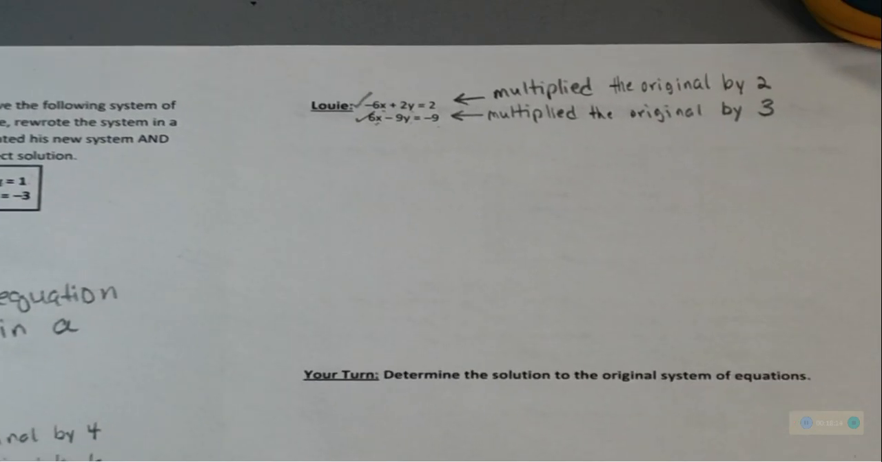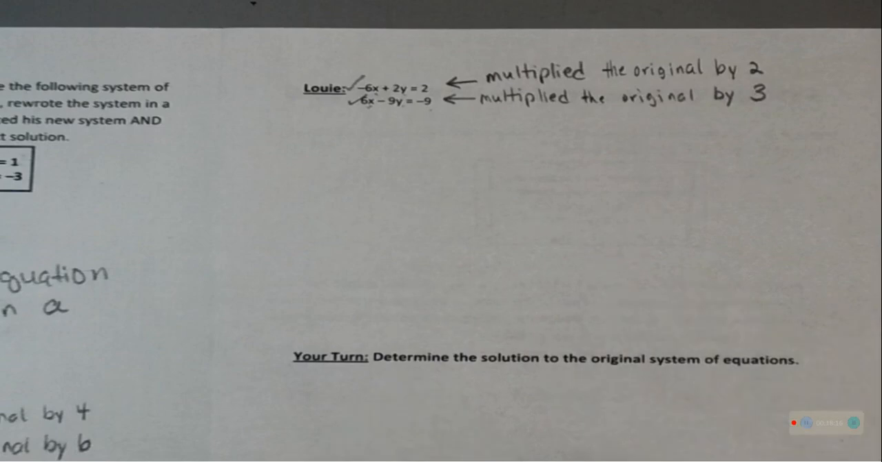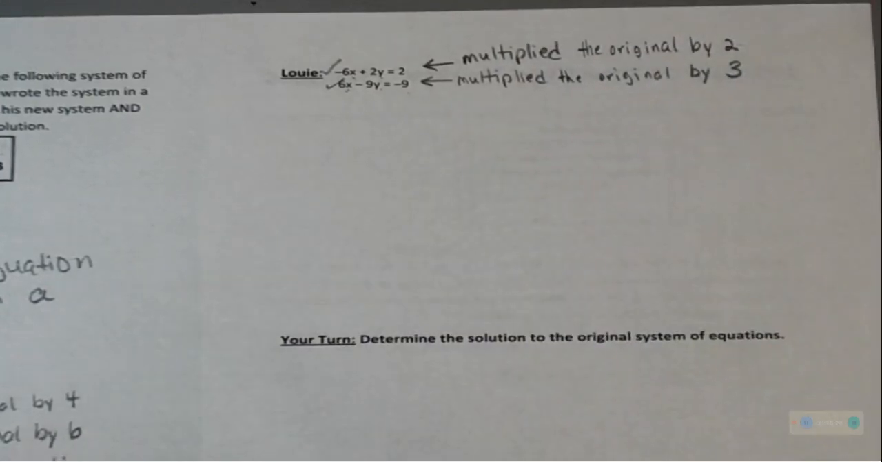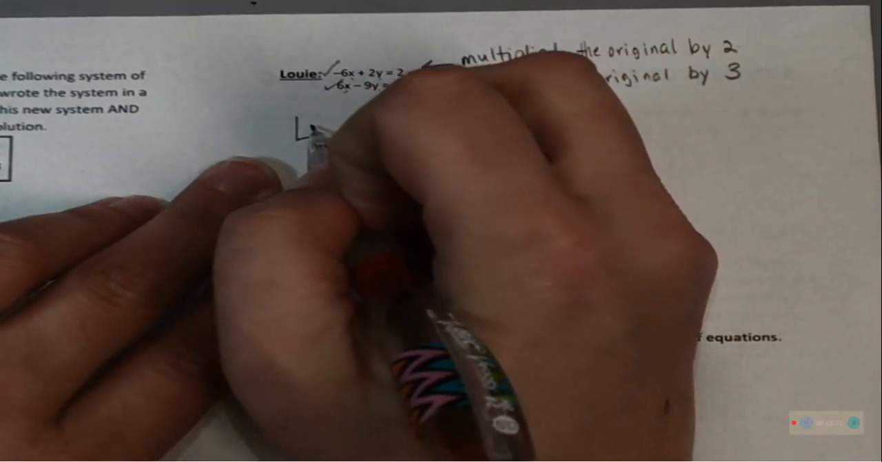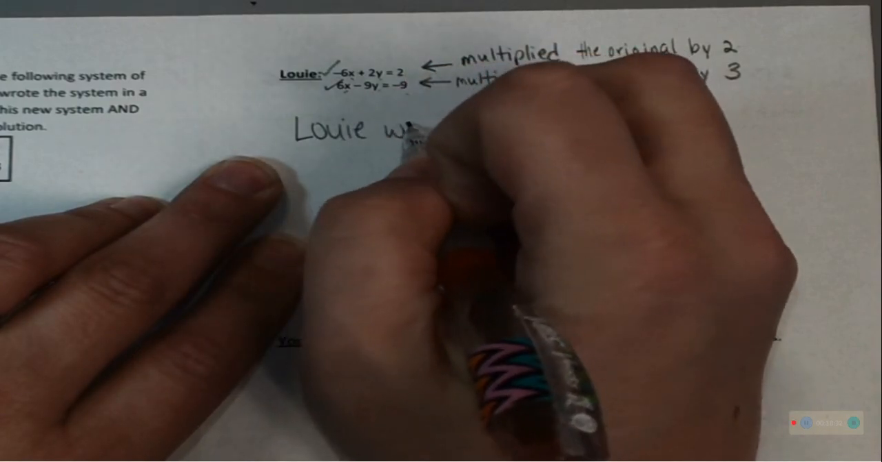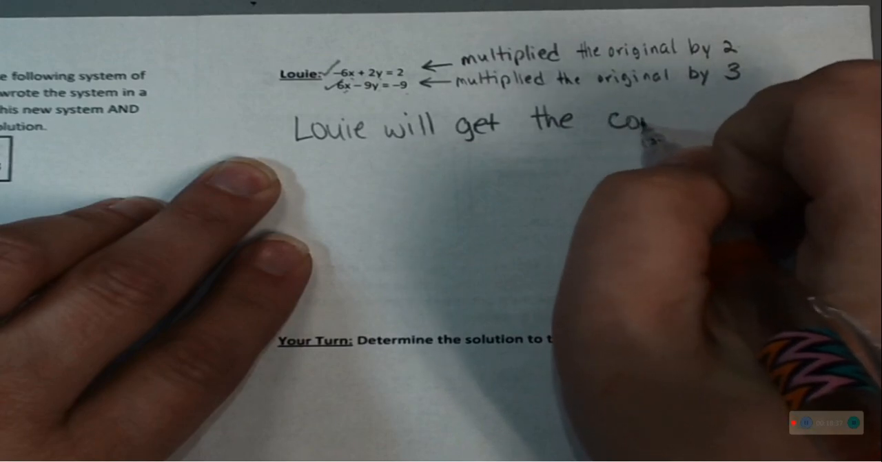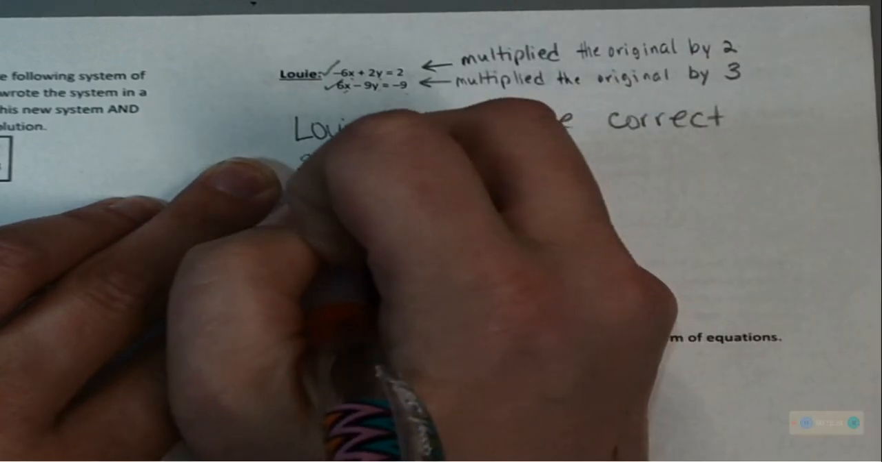So, did he correctly create an equivalent system of equations? Yes. So he will get the correct solution. So, what did he do? How did he do this? He multiplied the top equation by 2 and the bottom by 3. There you go. What you just told me is what you would write for your answer. So, Louie will get the correct answer or solution